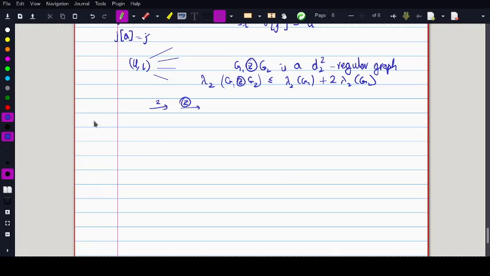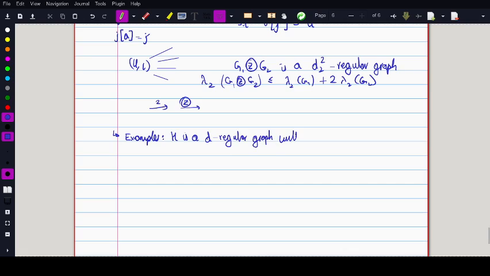So in fact, we can show this by an example. Let's consider one of the examples. What we'll do in the example is we'll try to construct an explicit graph. We'll give an explicit construction of an expander graph family. So let's say H is a d-regular graph with d raised to the power 4 vertices,